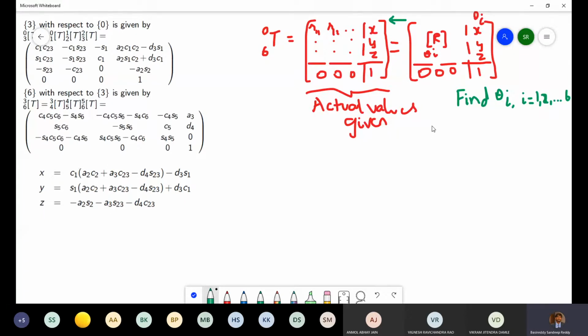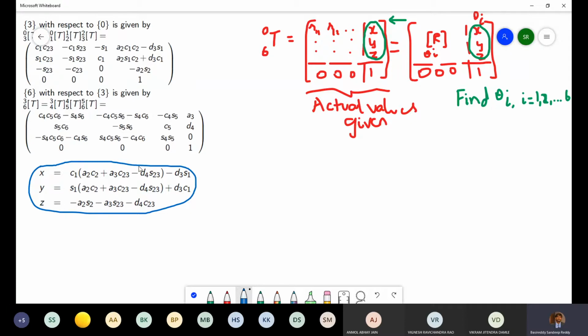Now when you calculate the transformation matrix, one thing that you can see as to where to start is you can try starting with the position vector, right? And if you see these x, y, z terms of the transformation matrix, these are the actual values of x, y, z, and these are the expressions, and we have to equate these expressions with these values. Then you will get something that looks like this, that you can see on the left hand side.